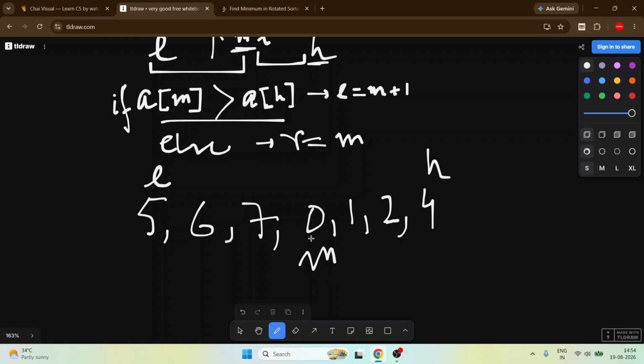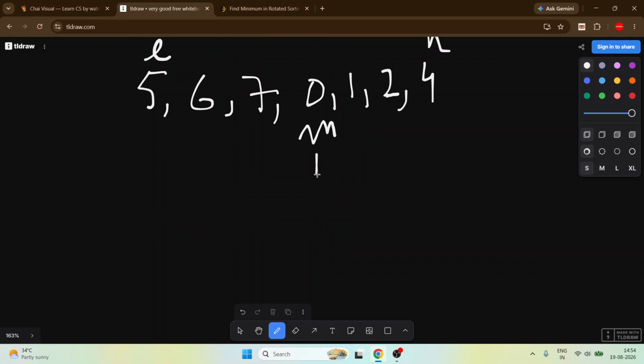So we check if our mid is greater than 4. Simply no, our mid is not greater than 4. Whenever our mid is not greater than 4, put high here, because it simply means we are in a condition which may consist of the minimum value. Not every time it will occur, but it may consist of the minimum value.